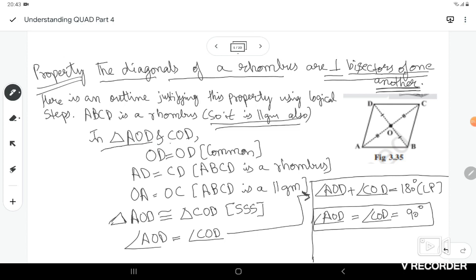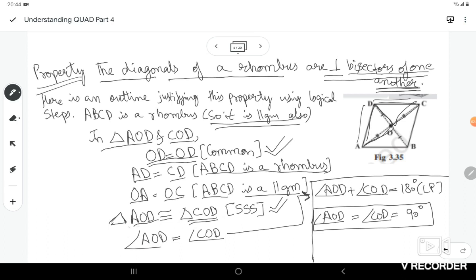In triangle AOD and triangle COD, OD is equal to OD, which is common. AD is equal to CD, as ABCD is a rhombus, so all sides are equal. And OA is equal to OC because ABCD is a parallelogram, and in a parallelogram the diagonals bisect each other. So using the SSS congruency of triangles, we can clearly say that triangle AOD is congruent